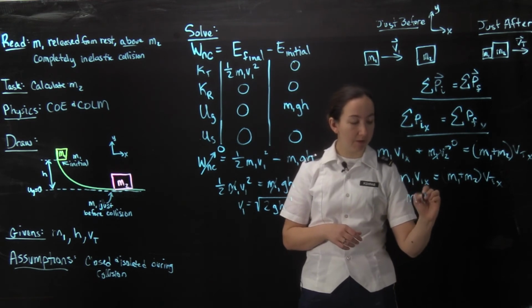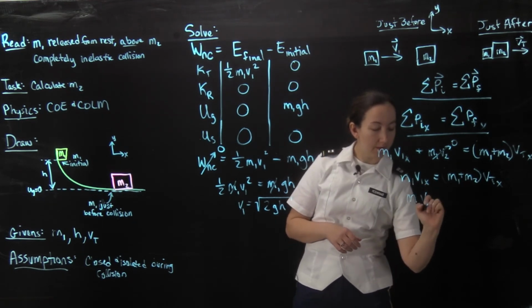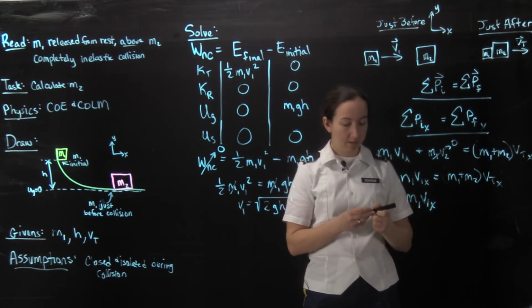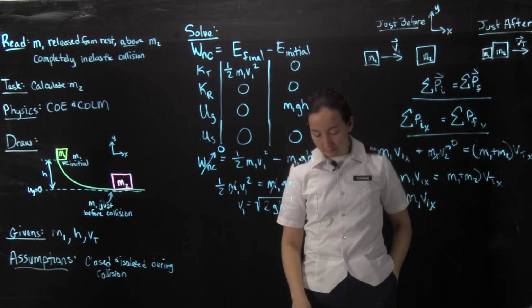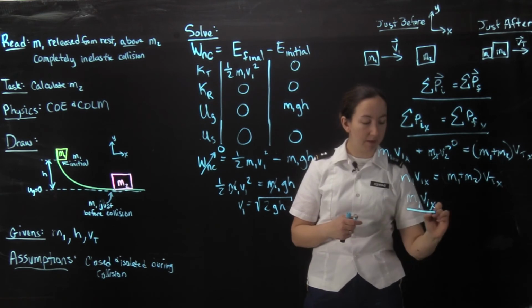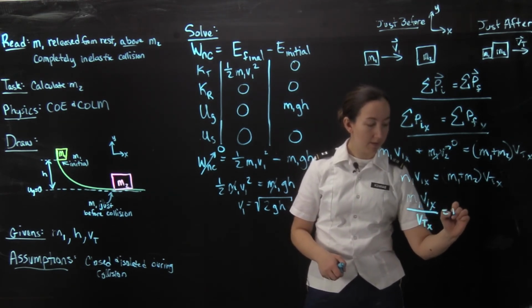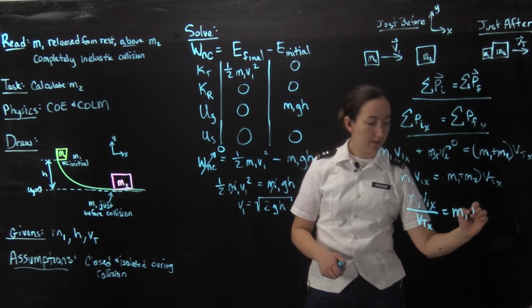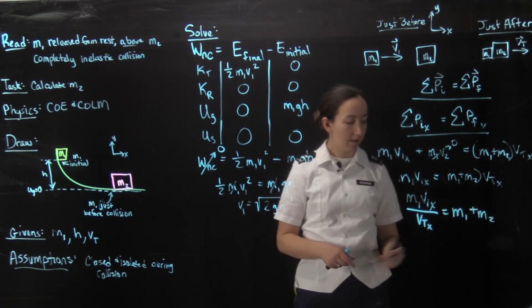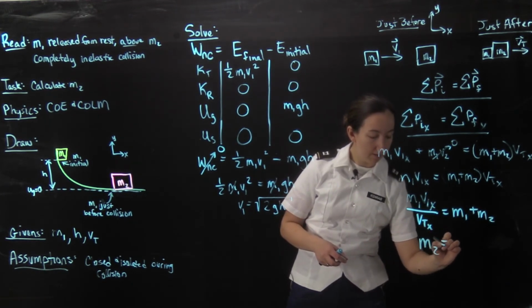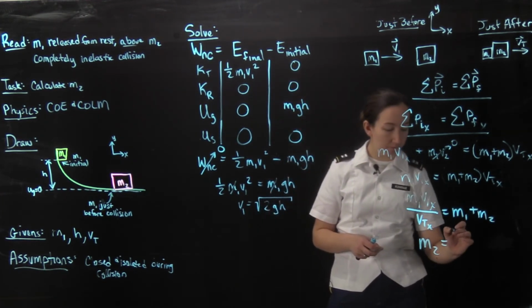So now I have mass 1, v1, and I'm going to divide. And one final step. Mass 2 is equal to